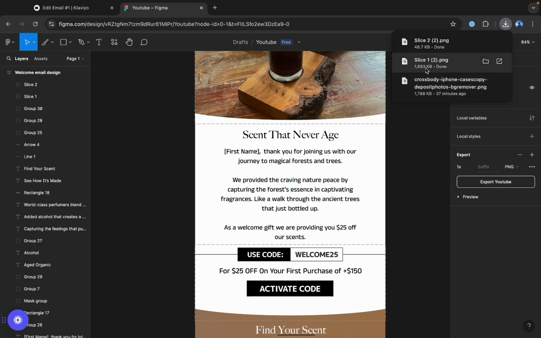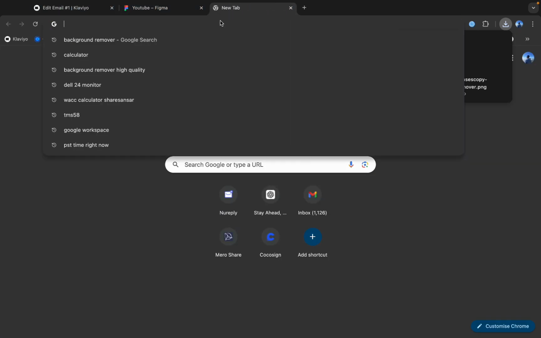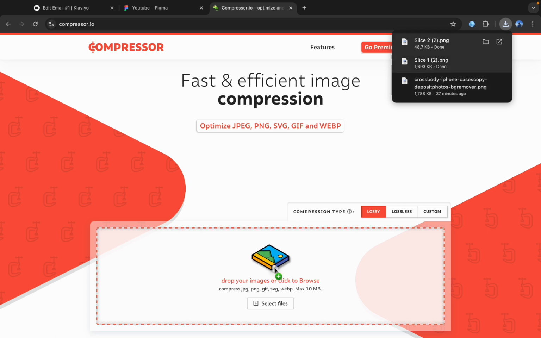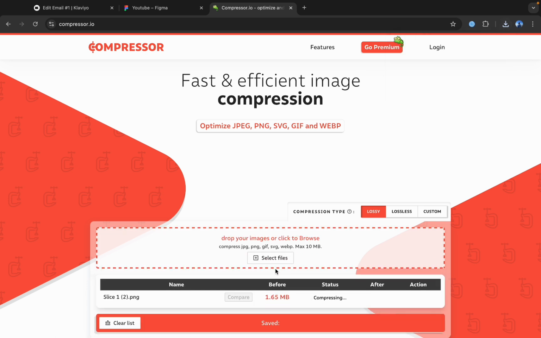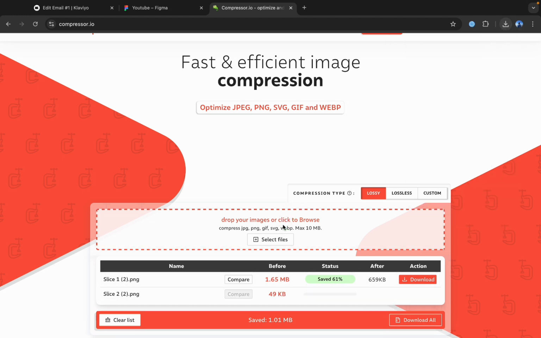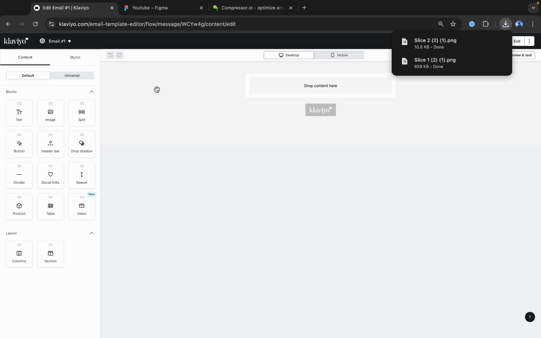Before you upload these slices onto your Klaviyo, I would recommend you compress the size of the design that you have just exported. For example, if this one is something like 1.65 MB, then this software, compression.io, will basically compress it and reduce the size. I'll do the same for slice 2 too. And you can see it went from 9049 KB down to 11 KB. So just download both of these and then come down to your Klaviyo and add an image section